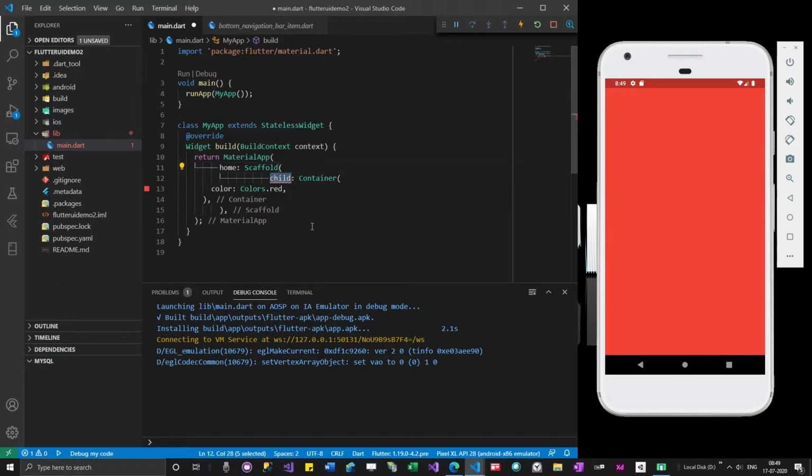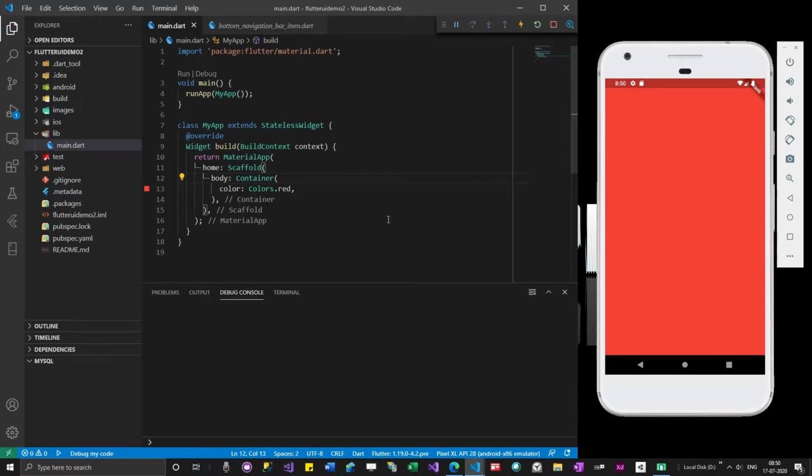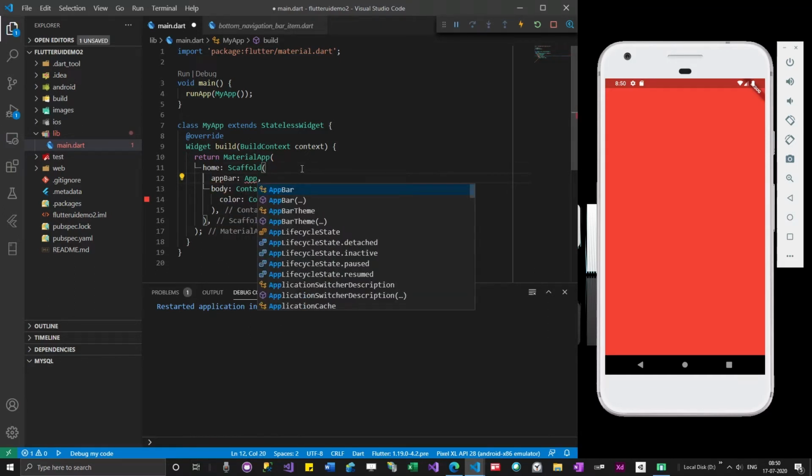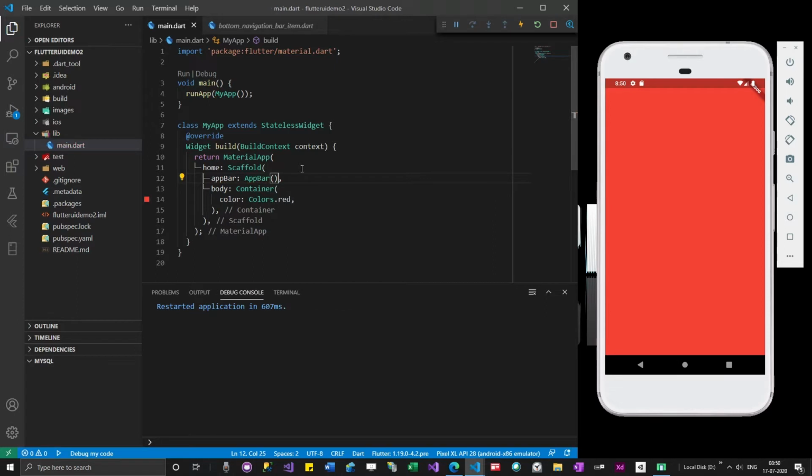Okay, and then this will be the body. Let me add something like an app bar. Give me a second, guys. Okay, so now we know that whatever we have written is working.